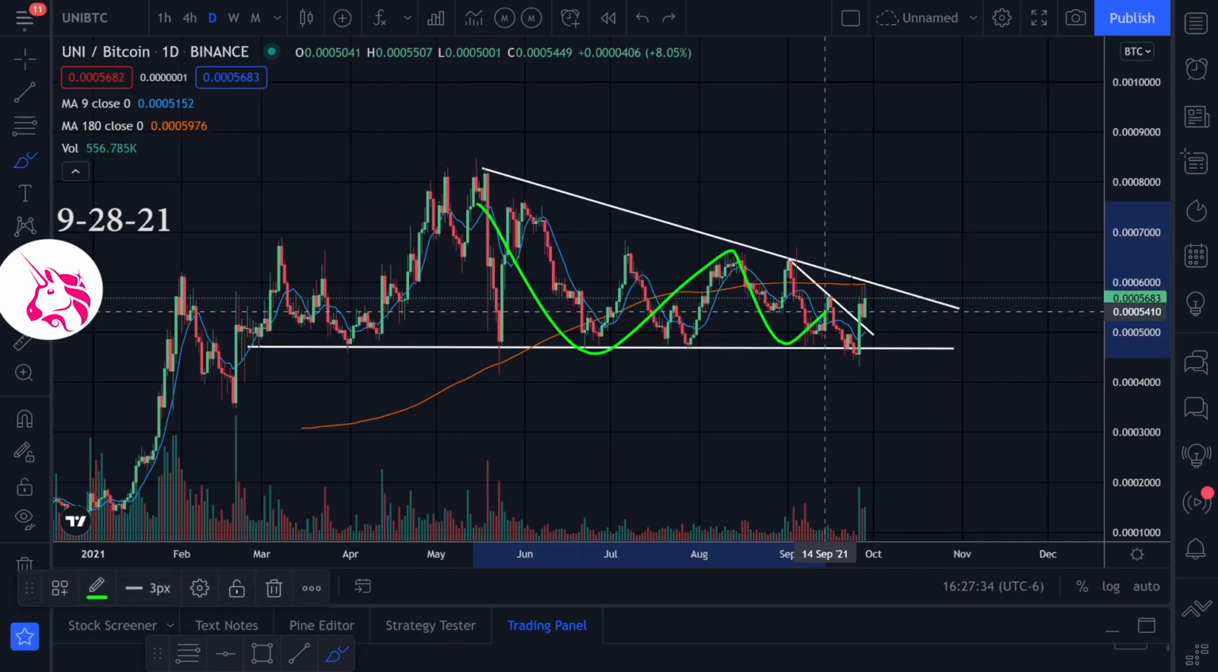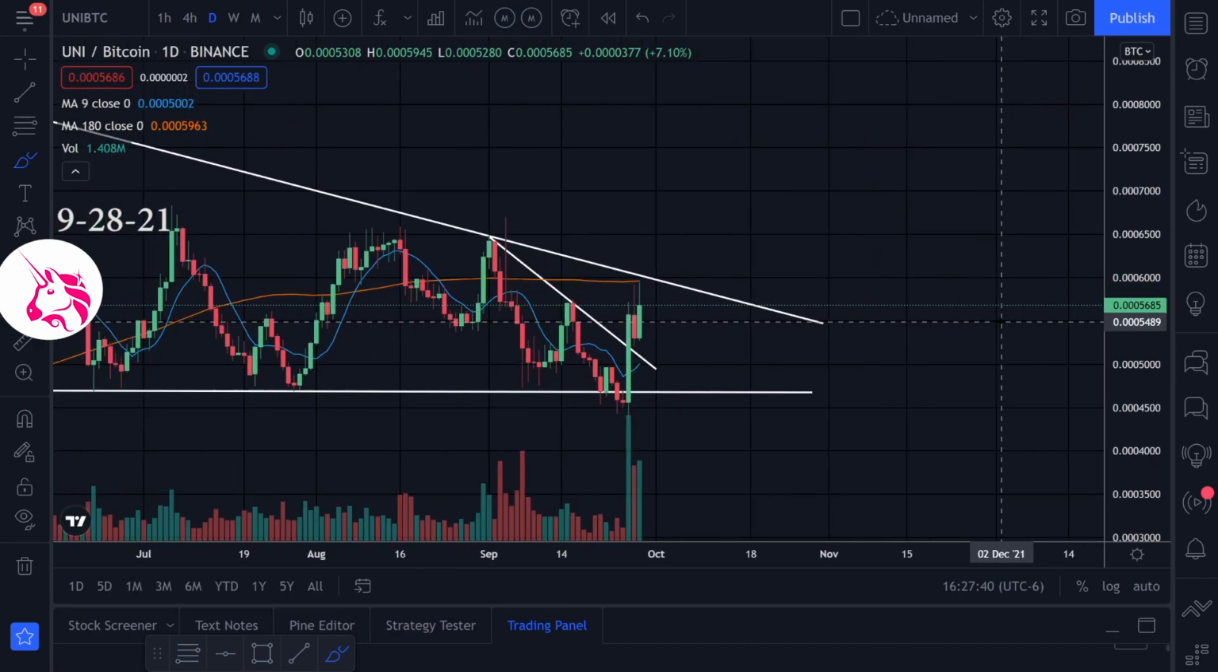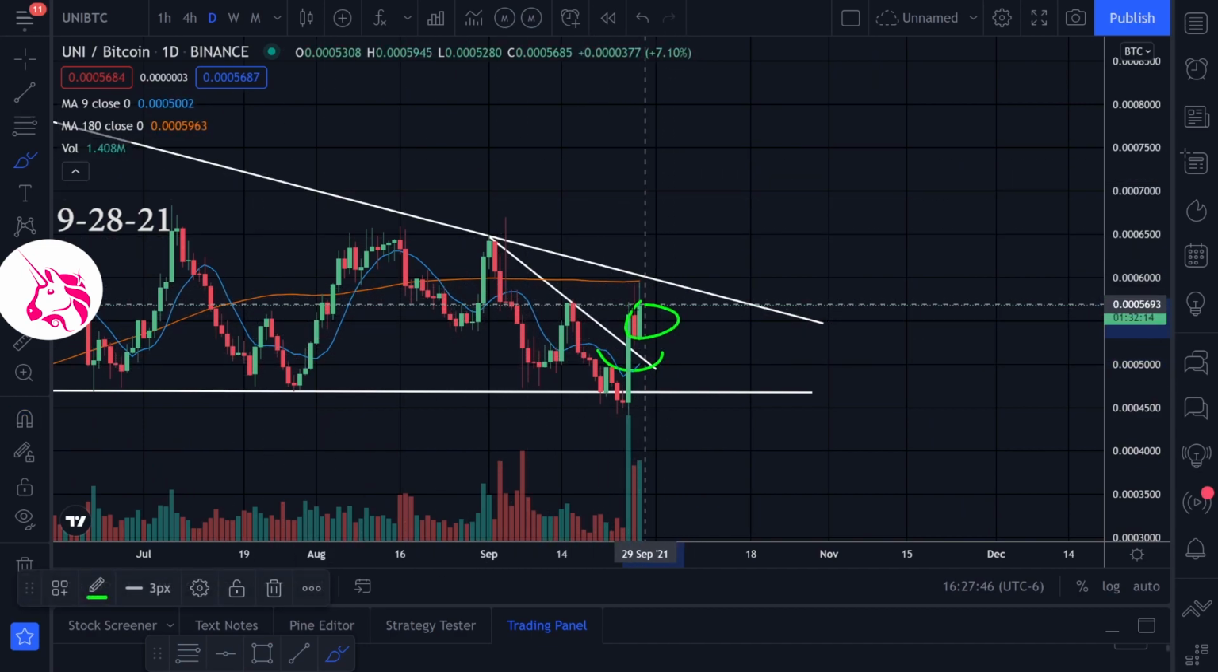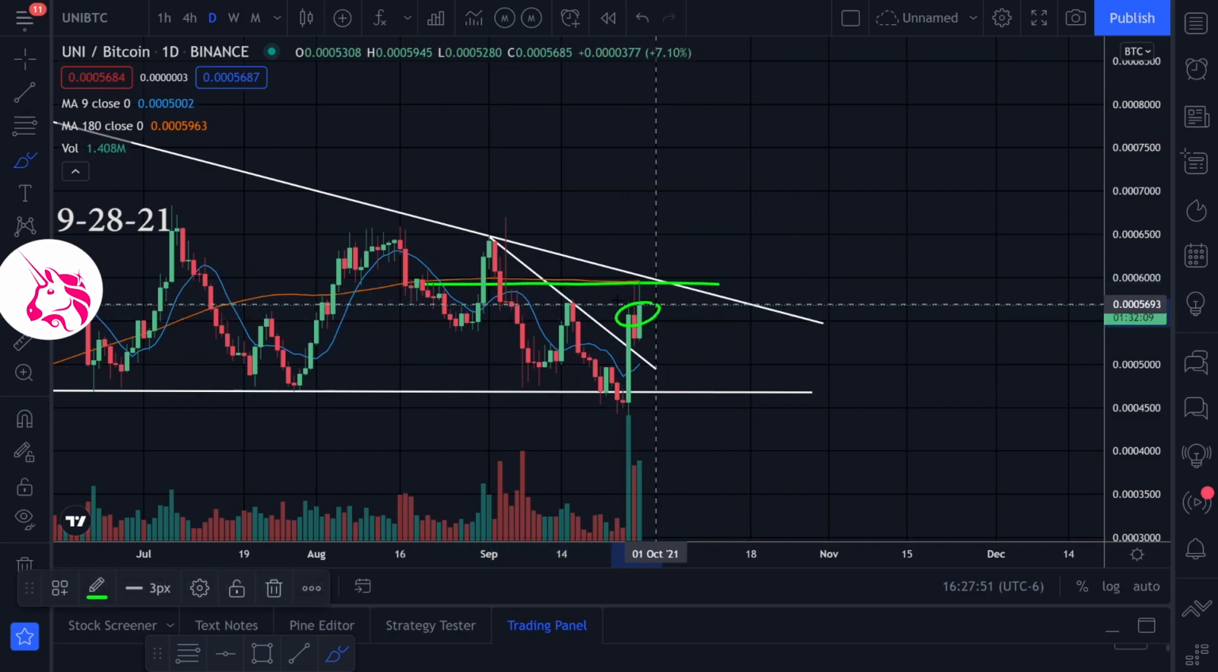But we are bouncing between these trend lines right now, and we just bounced off the top trend line, and it looks like we just tested the top trend line right there. We got rejected, but it does look like we still have momentum going to the upside. We're above the 9 moving average on here, just like on the USD chart, and then we're below it on the 180 moving average. If we could break through that 180 moving average, I think we're going to see a